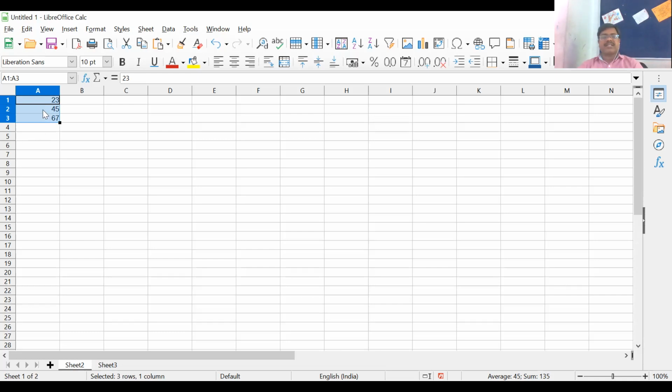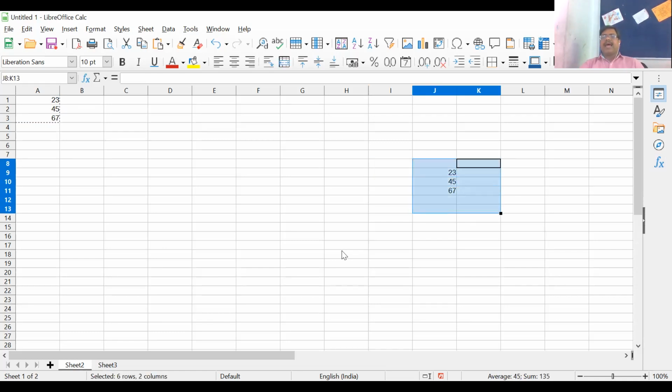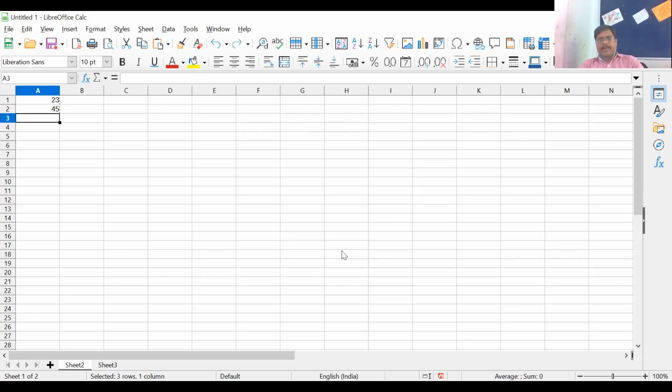So first I select these three, then copy, and where I want, I go and paste it. Now you see, here you have the three values, and there also you can see these three values. Both are the same.